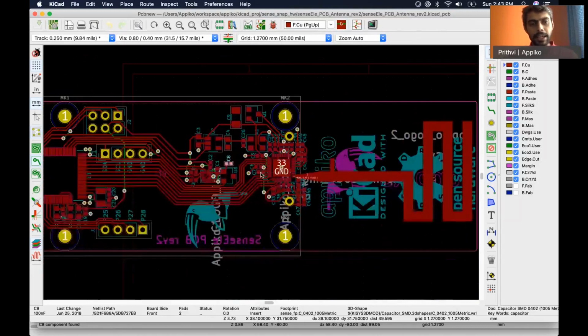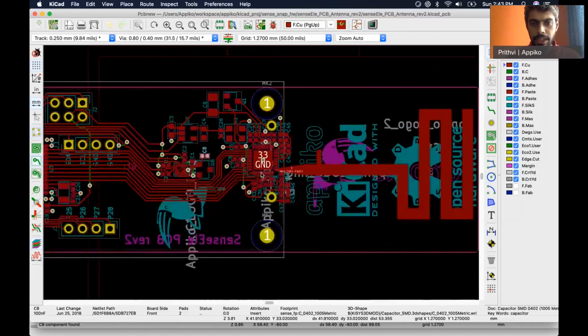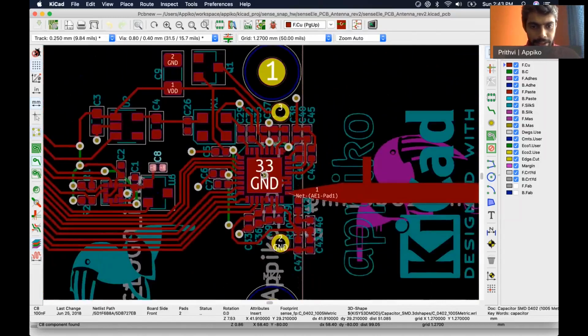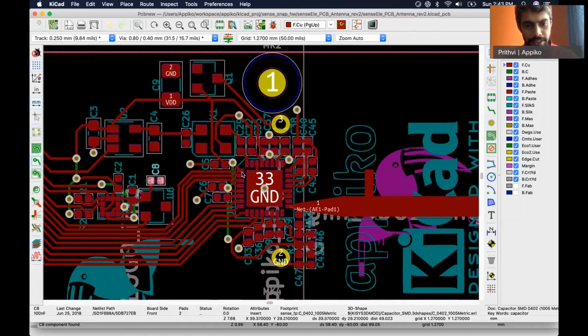When taking care of routing, you have to make sure that you separate the analog and digital sections of the system. In this particular case, you can see that everything on the left hand side is the digital section with these long lines. Anything on the right hand side is the analog section.